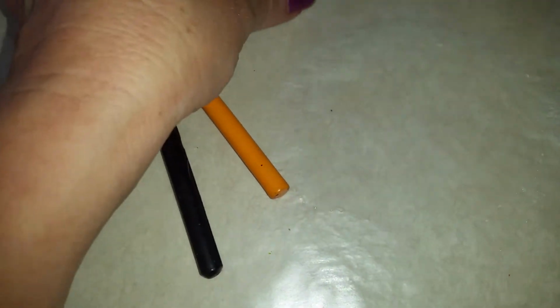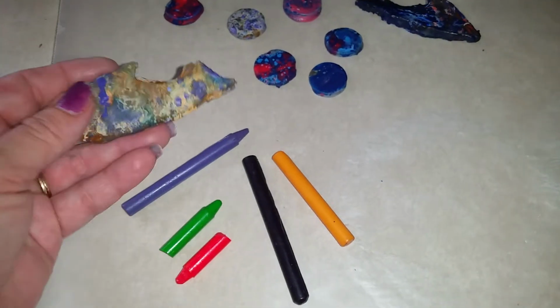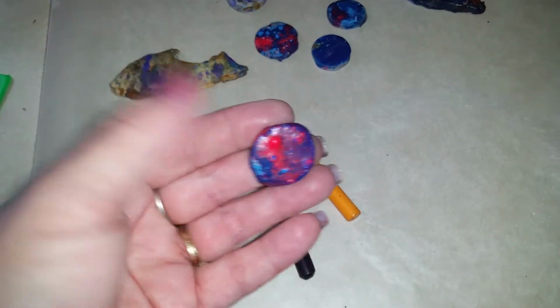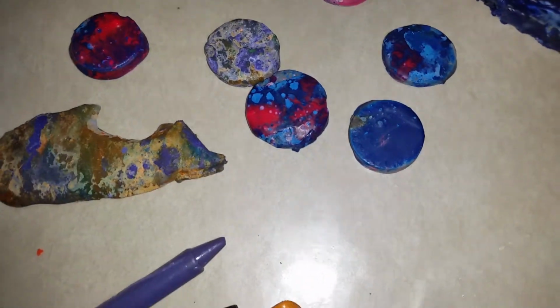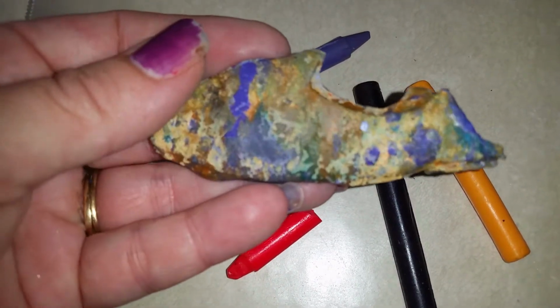So anyway, the microwave just beeped, so let me check. Well, now again, like I said, depending on your microwave, you might need to melt the wax for more than a minute. I would start with 30-second intervals and just go from there. But anyway, I think these kind of turned out nifty. If you get into stuff like this, I, again, don't really know what all I'm going to do,